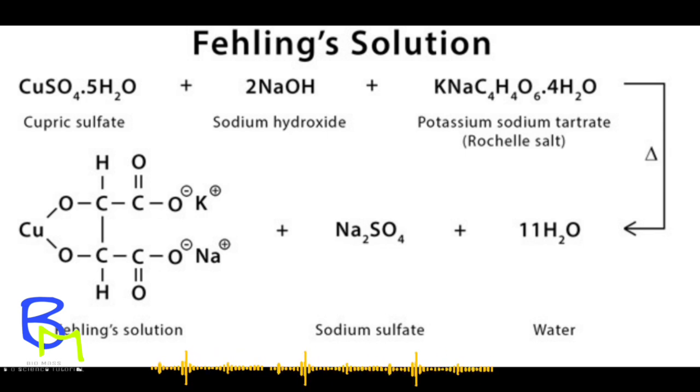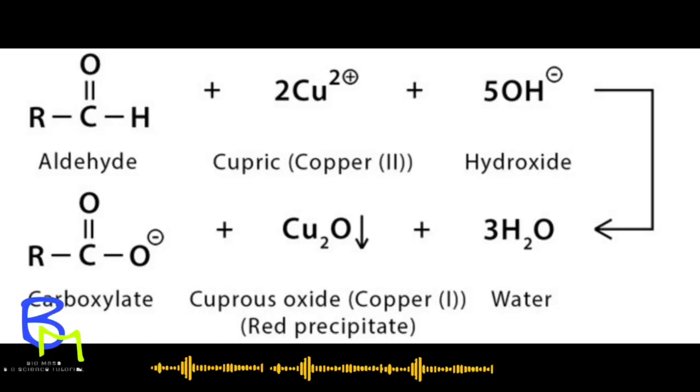In this final mixture, aqueous tartrate ions from the dissolved Rochelle salt bond to aqueous cupric ions from the dissolved copper sulfate crystals as bidentate ligands, giving a bis-tartratocuprate complex. When aldehydes are added to Fehling's solution, they are easily oxidized by the bis-tartratocuprate complex. During this process, cupric ions are reduced to monovalent cuprous ions, leaving a red precipitate of copper oxide. The presence of red precipitate indicates a positive result.